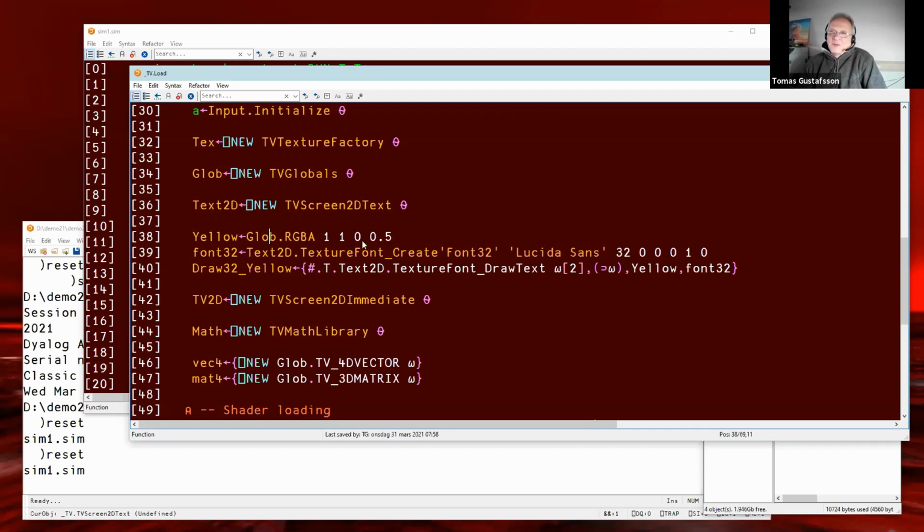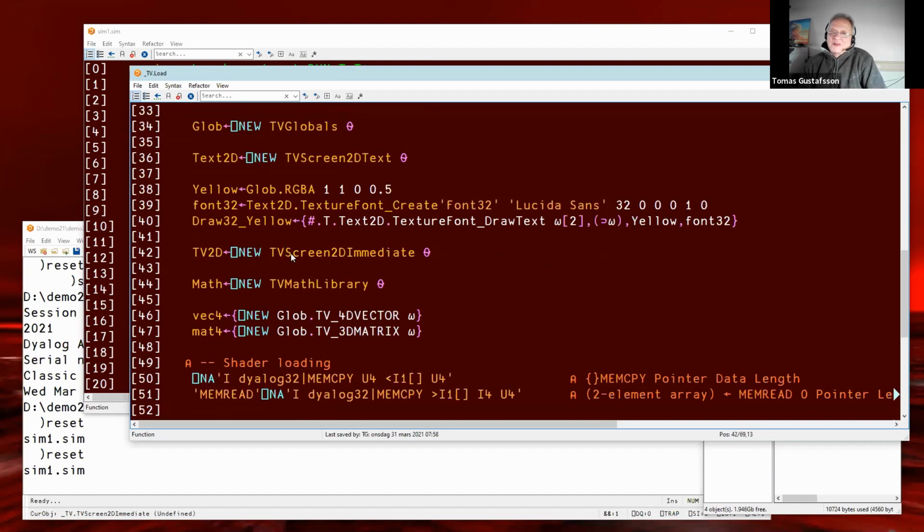Red, green, blue, and alpha transparency. So I get a color object, which I use here in creating a font and creating a function that I can consume later on. Draw 32 yellow uses that font and the color.